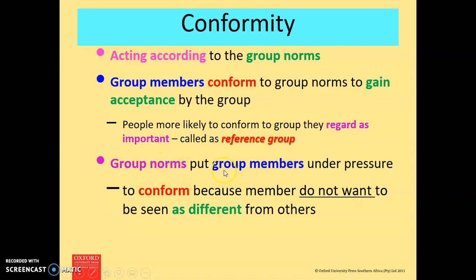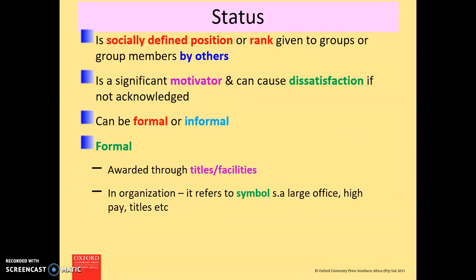So group norms put group members under pressure. Sometimes because the groups have their own norms, this can put pressure on the members to follow the norms or to conform to the norms of the groups. So group norms put pressure on the members to conform because members do not want to be seen as different. That's why they conform to the group, because they want to be seen as one part of the group. Status